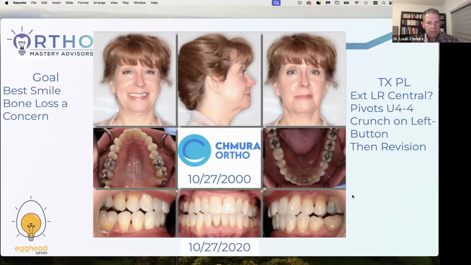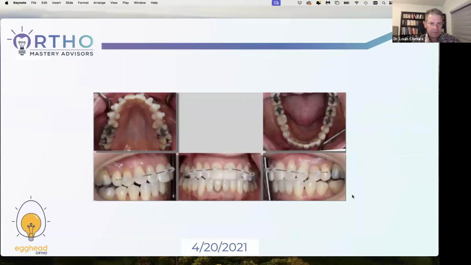But if you look at the rotations and ins and outs of the upper arch, something has to be done. And if I do it with aligners, it's going to take a lifetime. So what we did was we used pivots. And pivots, you can actually print these in your office really easily if you've got a 3D printer. They are attachments for aligner cases that have an arch wire slot through them. So they have an 016 slot. So you bond them on the teeth and slide a nitinol wire through there, and it starts taking care of all the rotations and all the ins and outs and all the ups and downs and, to a certain extent,